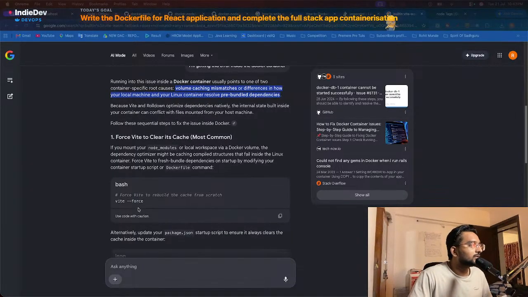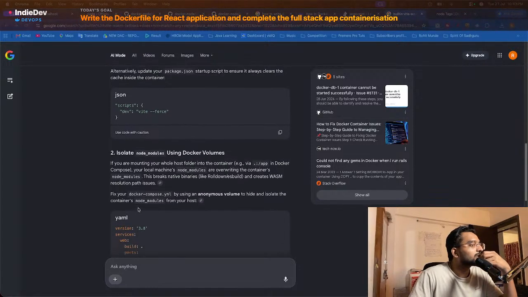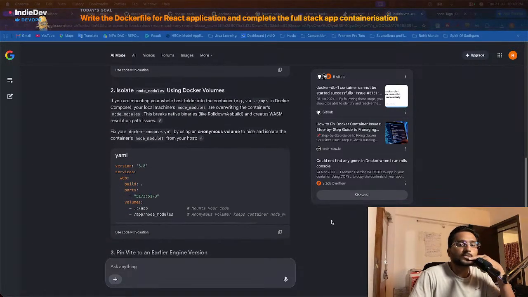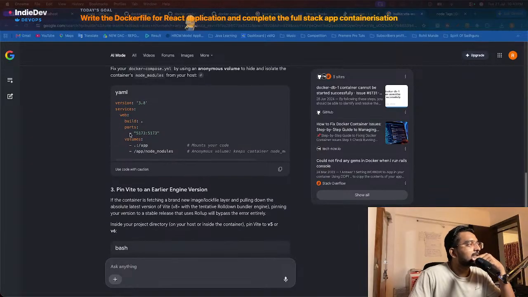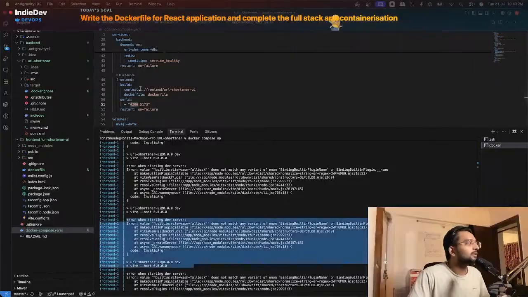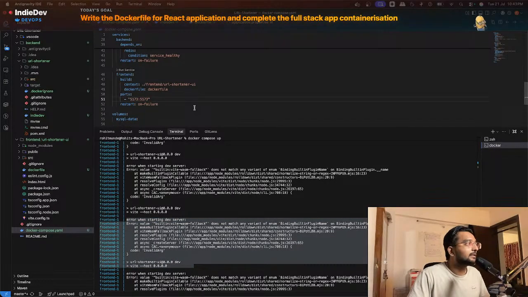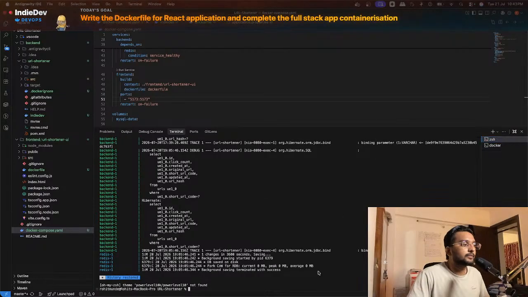Force bash Vite force. So dev Vite force supports. I have to give this only. So if I give this port, yeah, I was doubtful about this thing. If I do this, and let me do docker compose down